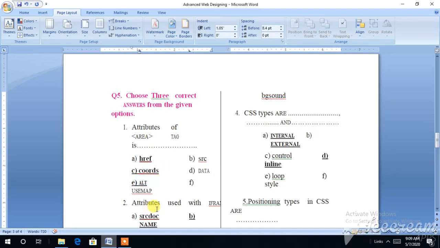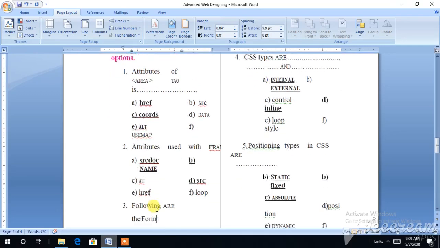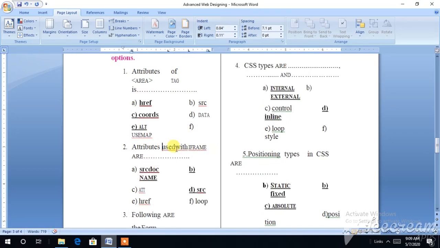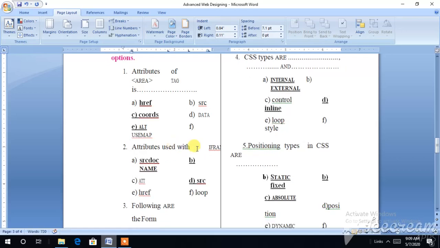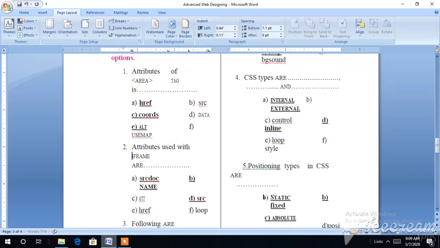Next is attributes used with iframe. What are the attributes we are using?